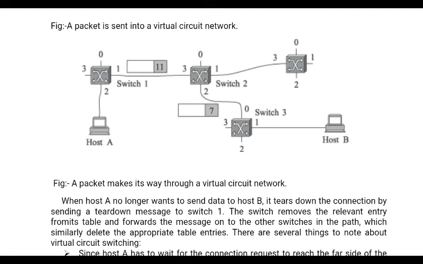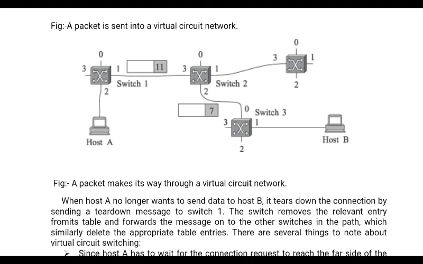Such virtual circuits are said to be switched. So how are you going to establish it? For each virtual circuit, the entry is going to be made dynamically. How are you going to do this? First, host A is going to send a request to host B. This is a normal datagram packet which is going to be forwarded.